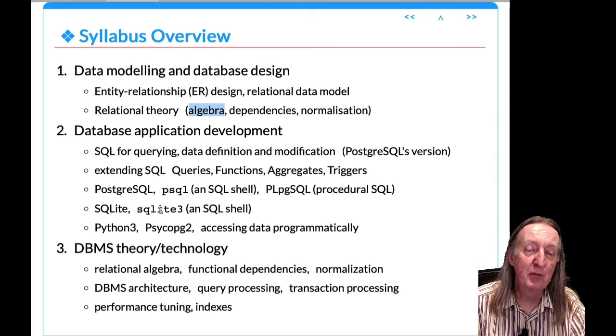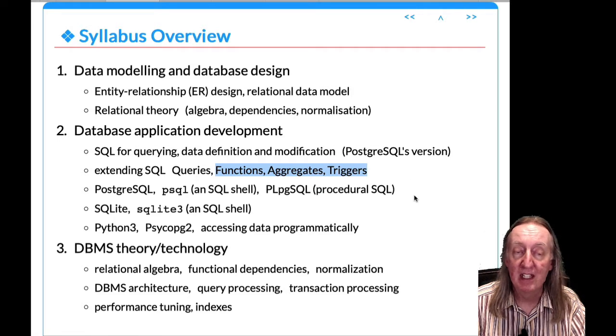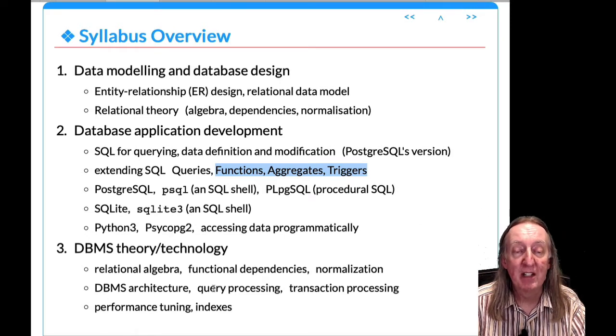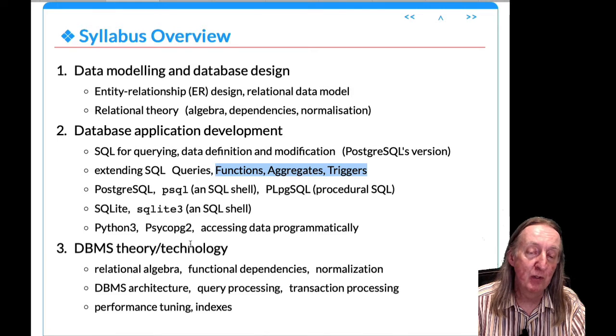We had a brief look at SQLite 3, which has an SQL dialect which is similar to Postgres, but a lot of other things about SQLite are quite different, and I'm pretty sure that you can't do any of those things in SQLite. Then we looked at Python and psycopg2, and finally we had a very brief look at aspects of